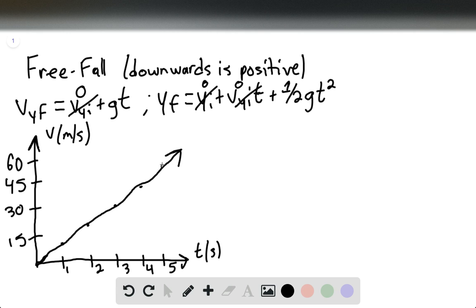Because again, a velocity versus time graph in free fall should be linear, because the velocity is going to increase linearly with time. I apologize for the crooked lines, but this should be completely straight. And then for the distance,